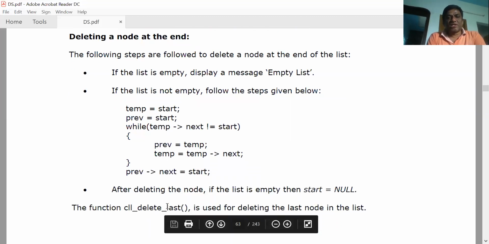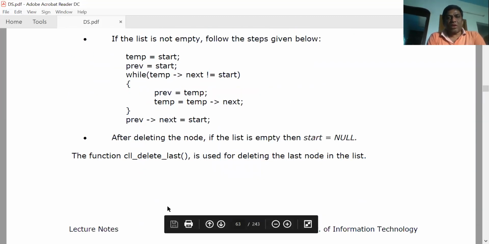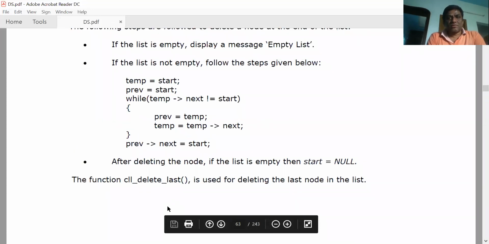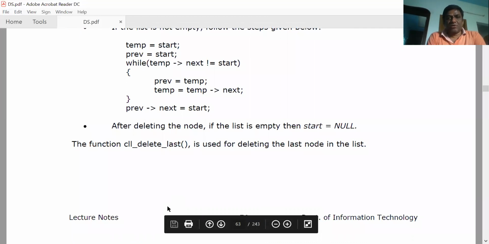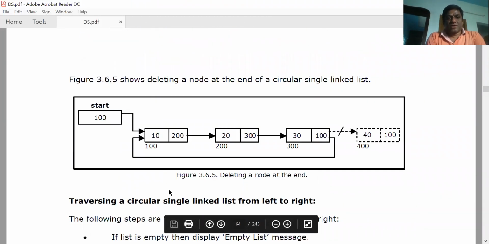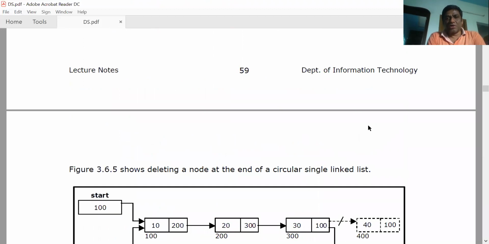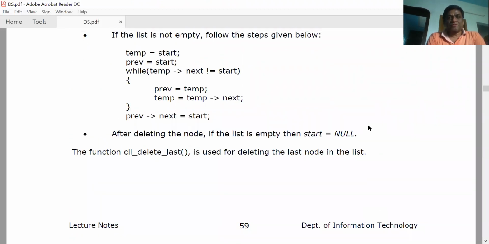And deleting the last node requires these operations. We begin with temp is equal to start, and move to the last node by using a loop. Also use another variable, previous is equal to start.